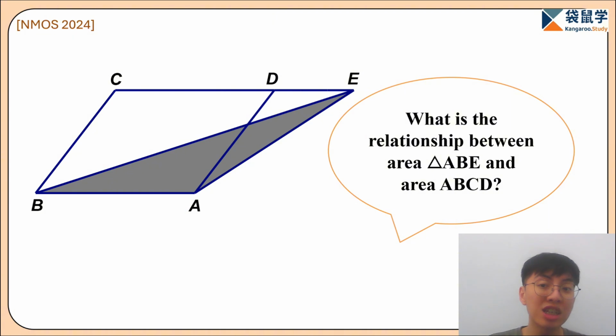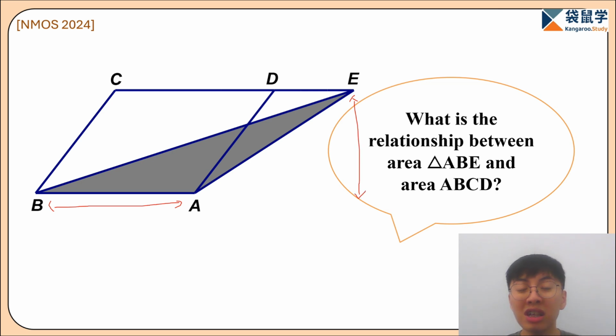Where is the base of this triangle? The triangle's base is still BA. And where is its height? Its height is this part here. And what do we know? This height is actually the same as our parallelogram's height. So what can we conclude from this? We can conclude that the relationship between the area of ABE and the area of the parallelogram ABCD, again, will